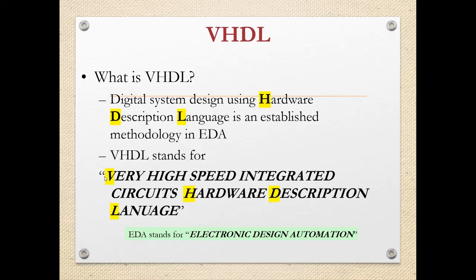So VHDL is a hardware description language in which the software coding language is used to model the intended operation of a piece of hardware. Any hardware we can describe with the help of this VHDL language, and there are two aspects to the description of hardware that an HDL facilitates. The first one is abstract behavior modeling and the second one is hardware structure modeling.